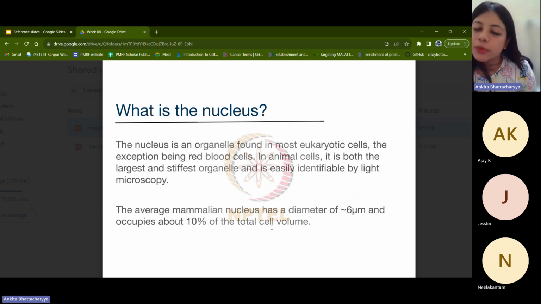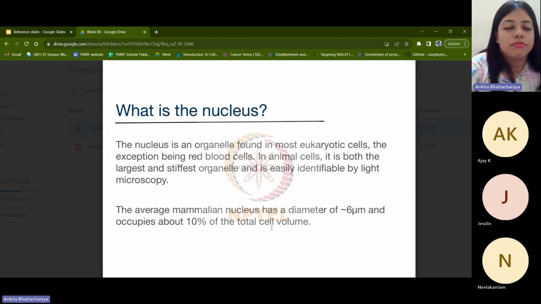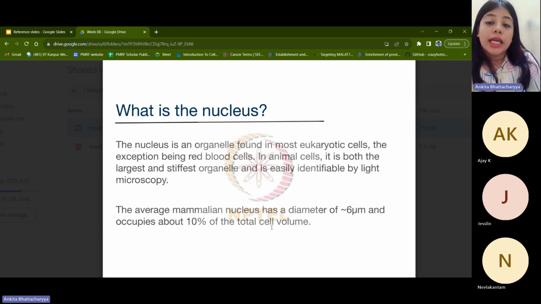They look like they're empty, which is of course not the case, but they are enucleated cells or ghost cells within any eukaryotic individual. In animal cells, it is both the largest and the stiffest organelle and is very easily identifiable